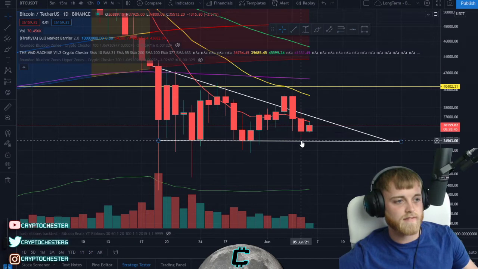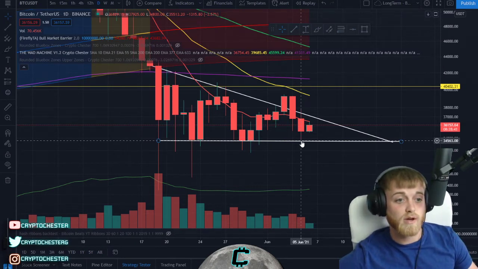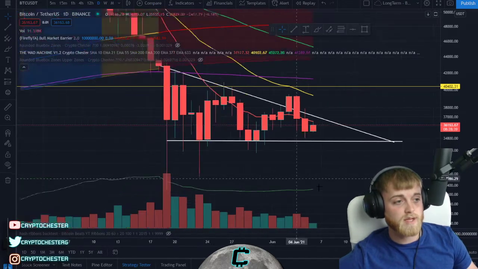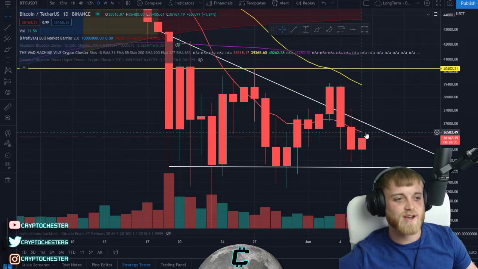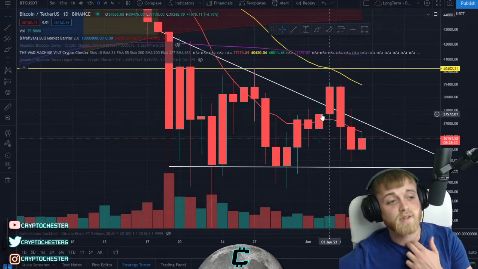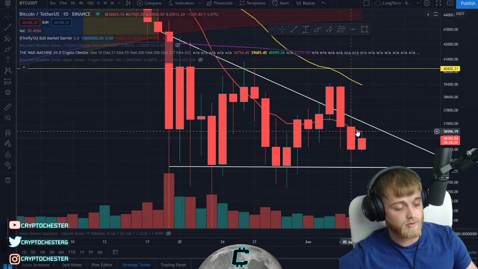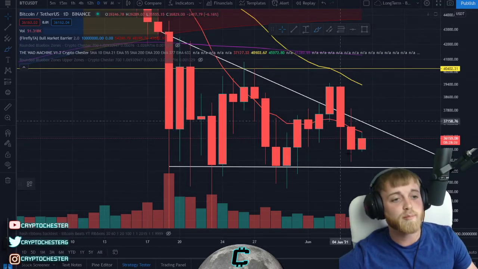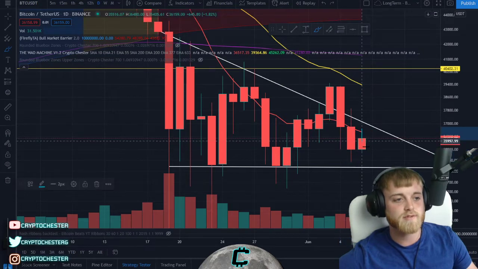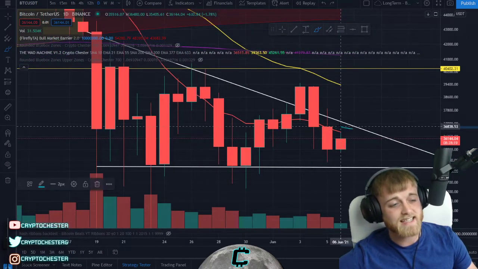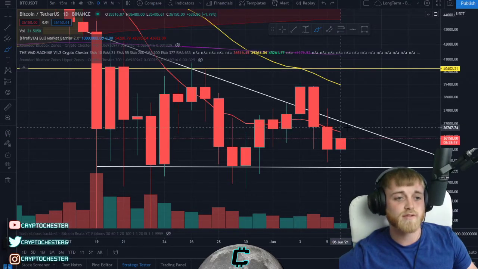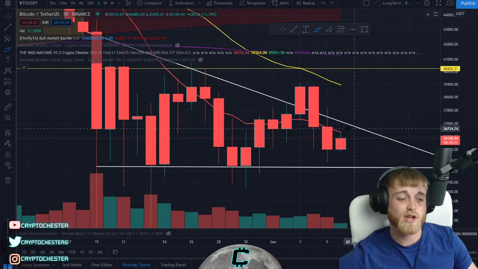We didn't actually get to the lower side, and that was a price target for ourselves, and it did correlate very well with a measured move as well on the shorter time frames. But yeah, in terms of live price right now, stop talking about the short. In terms of live price right now, we have come up and we have tested this 36,500 zone in terms of this 10 moving average coming through here. So we have tested that, and we are actually finding a bit of resistance to the downside. So yeah, at this point in time, the target for the daily would be at least to get a candle close above this moving average here around that 36,700.